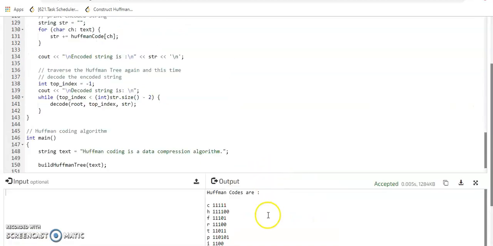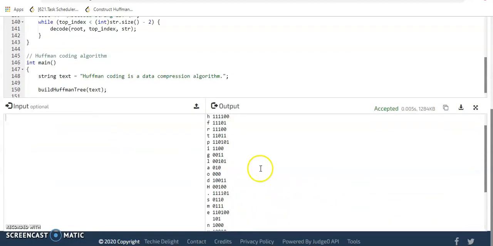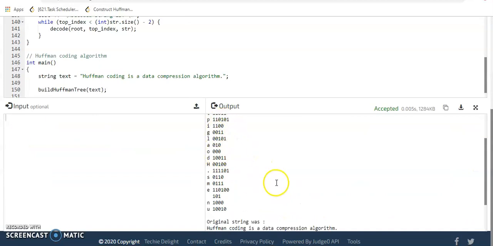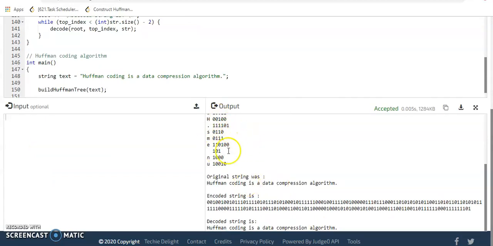Here are the particular printf statements. The Huffman codes are generated after traversing the encode function, the original string is printed, and the encoded string and the decoded string are printed over here.